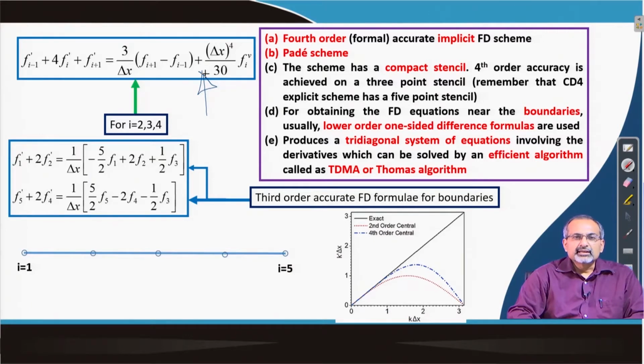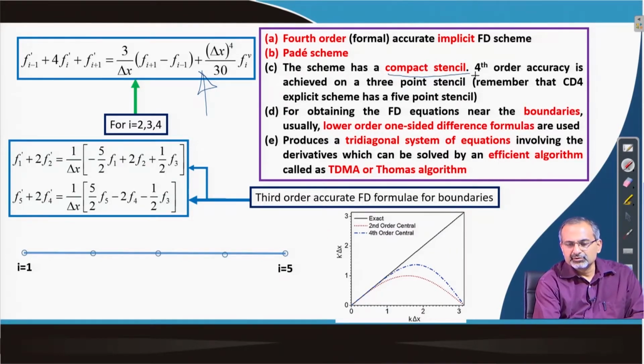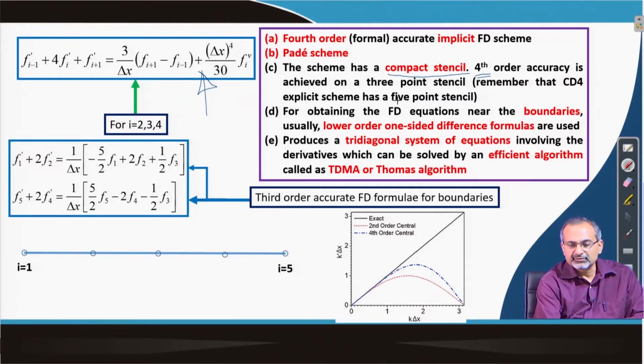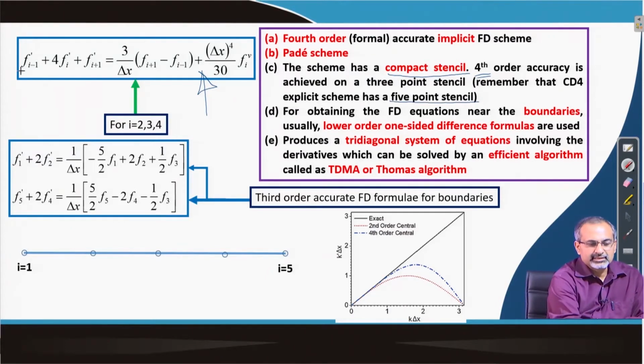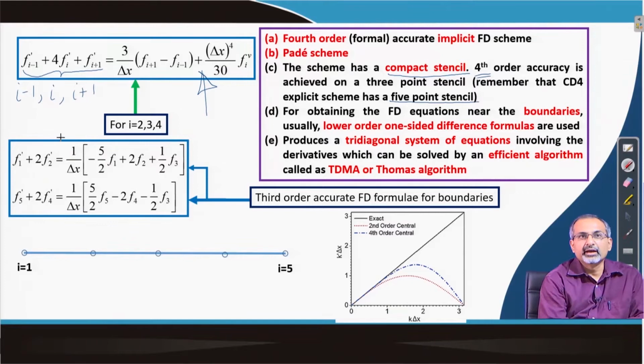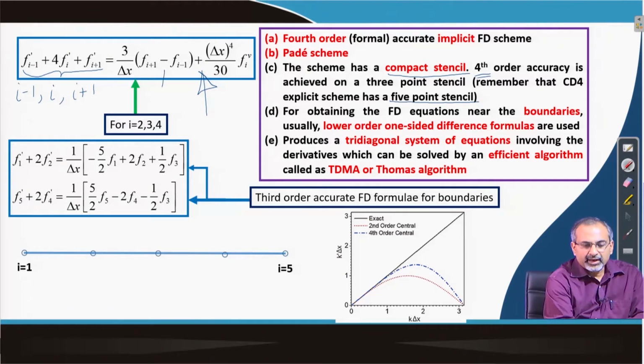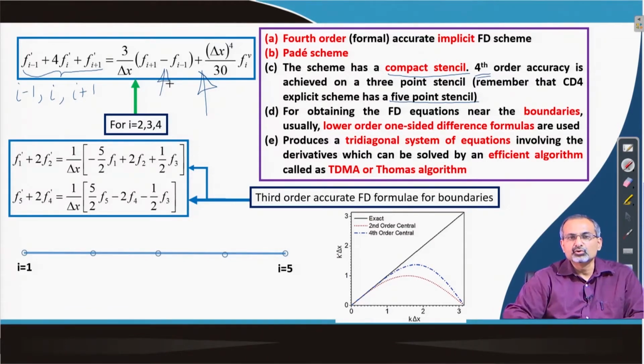As we mentioned earlier, in the literature these schemes are often called Padé schemes, and they have a compact stencil, in the sense that, if you remember, to obtain fourth order accuracy with the CD4 scheme, we needed a 5 point stencil, while this scheme uses a 3 point stencil, because you are using the grid points i minus 1, i and i plus 1 to define the derivatives on the left hand side of the finite difference equation, and the functional values are also being used from 2 points of that stencil, namely i plus 1 and i minus 1 respectively.